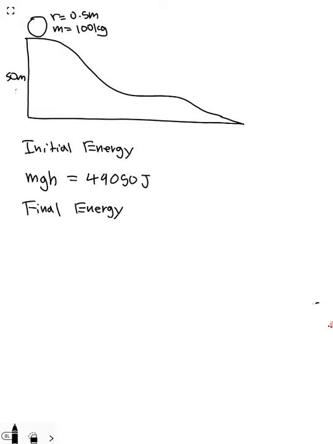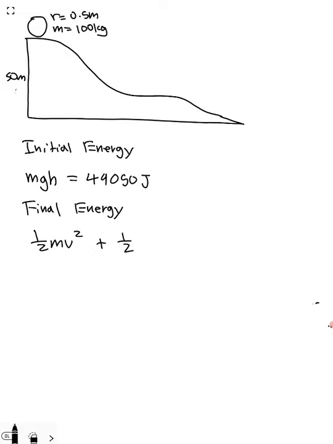Now, for our final energy, things are going to get a lot more complicated, because when the ball is at the bottom of the hill, it's not just going to have kinetic energy, it's also going to have rotational energy. This is a big heavy ball that's rotating, and that rotation has inherent energy in it. So the formula for our final energy is going to be 1/2 mv squared, so that's just our regular kinetic energy, plus